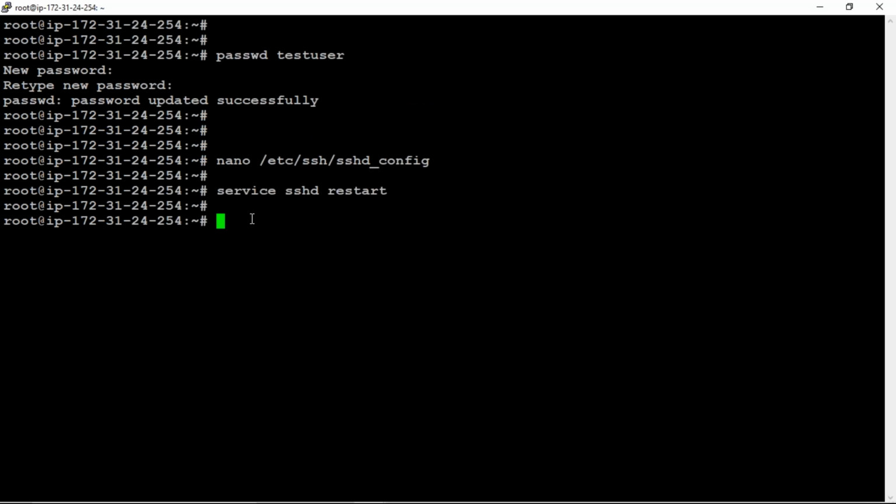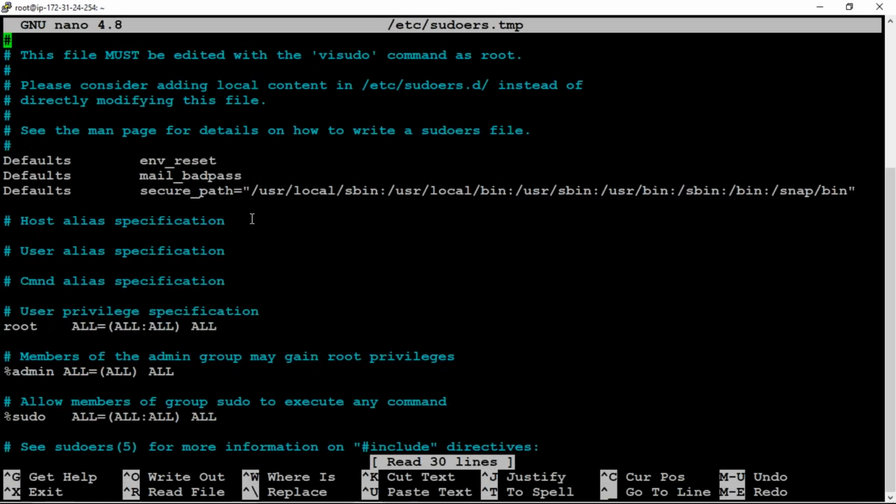Okay, so now I'm just getting back to the root mode. So here visudo and enter. So you will get a file like this. Now under this, my files are only executable in root mode. Now I want to give permission to the user as well.